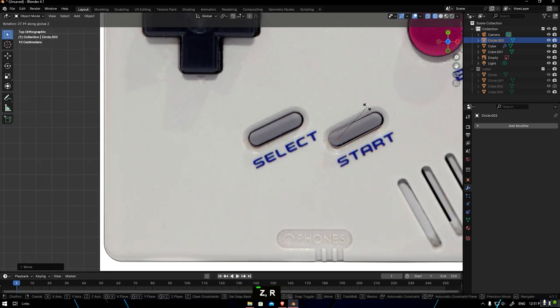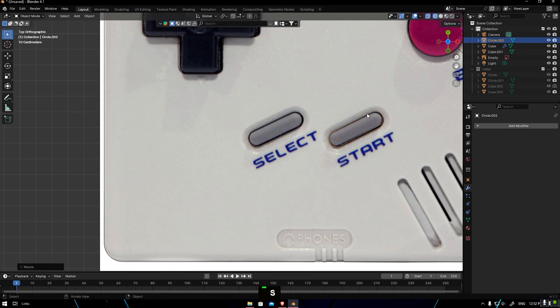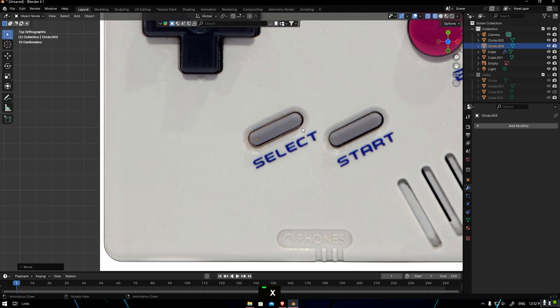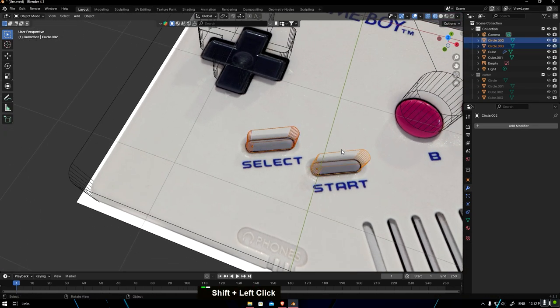Or Z. Now I can S and X, so it has individual rotation, like this. So I think this is okay. I'm gonna copy it again. Duplicate it with Shift and D, sorry, and match the reference here, and select them both,